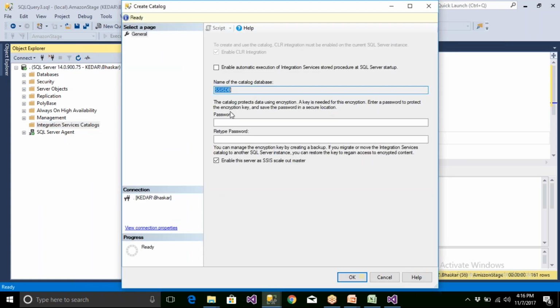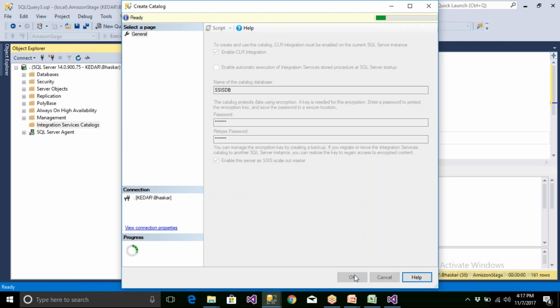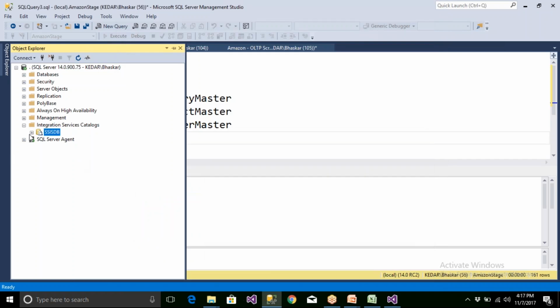How to deploy we had understood already. It is going to create one DB, click on OK. Now it is saying the password cannot be empty. I'll give some password, say test123. You can give any password. Test123 is the confirm password. Okay. Now I'm creating SSISDB, and I have to load these tables and create these packages.